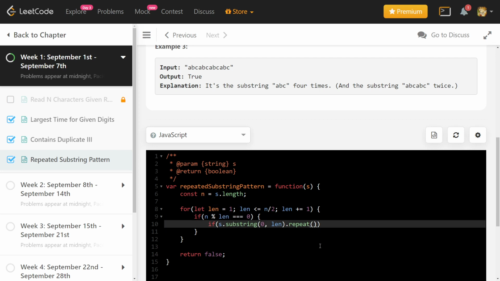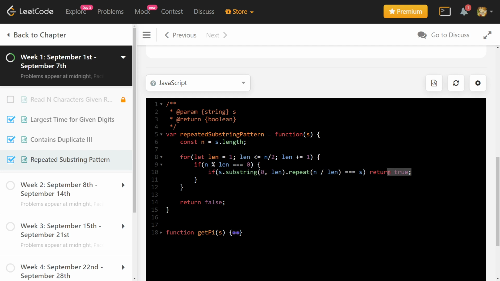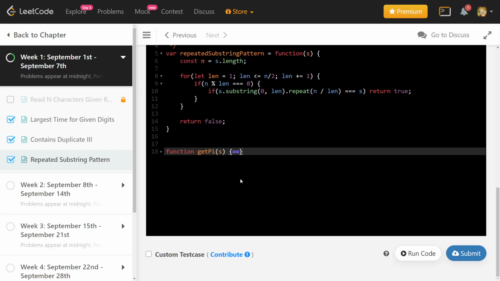Suppose n was 8 and len was 2, then we have to repeat it 8 divided by 2 times, which is 4 times. So basically we take the substring, repeat it, and check if it is equal to the full string, and if it is, we return true. Done. We are iterating over all the possible substring lengths and checking if after repeating they are equal to the full string. If we are able to find something, we return true, otherwise in the end we return false. We will just ignore this part.